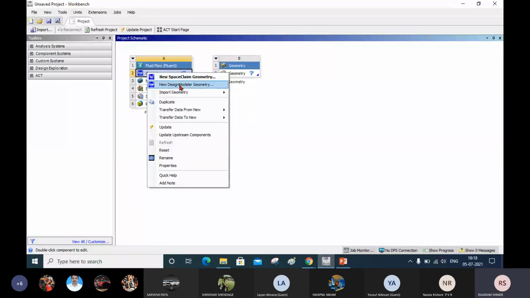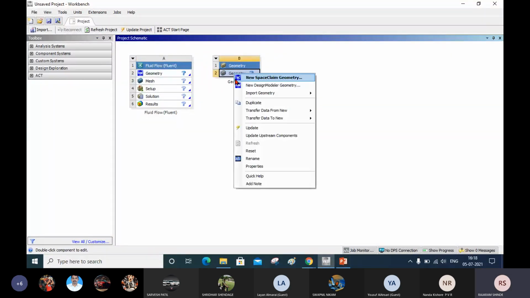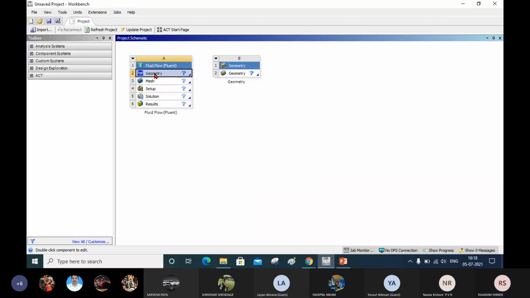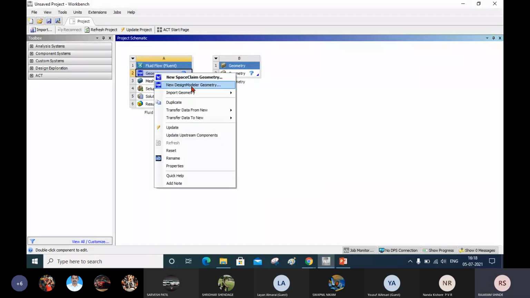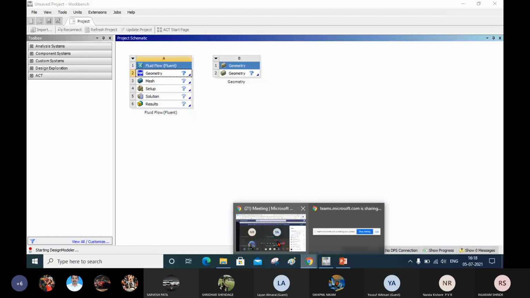For this also, right click on this and click on new design modeler. Now I will open from here, right click, new design modeler. Now we will wait for opening of design modeler.